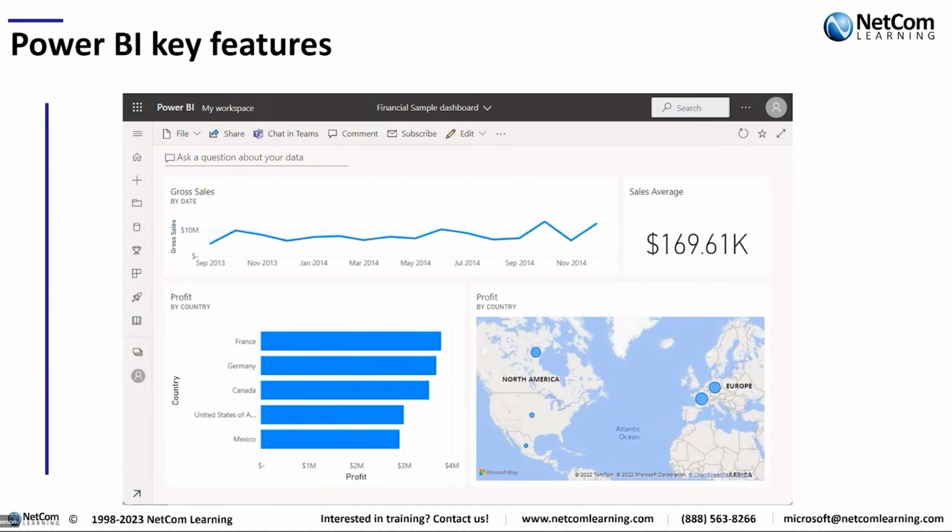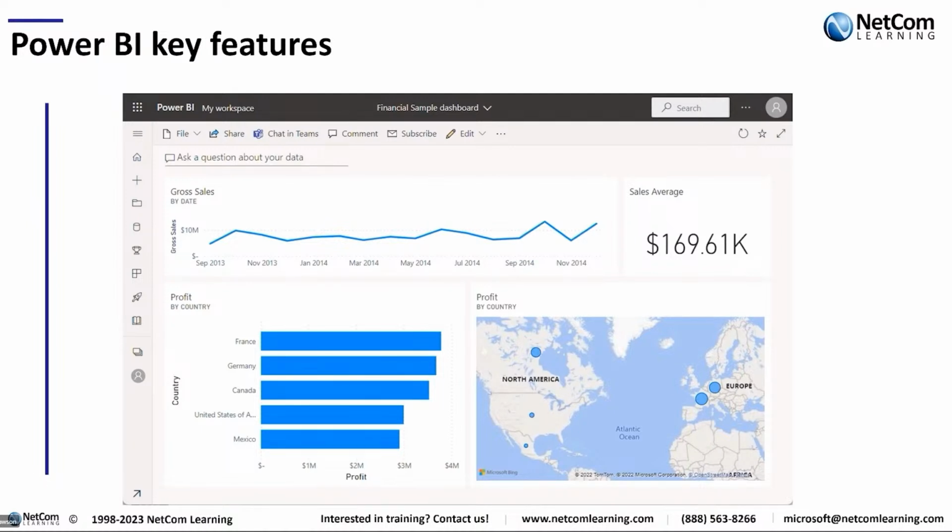Okay, so here we have what's referred to as my space or my workspace. In this particular case, you're looking at a financial dashboard. And really what this is, is a cloud-based service that you would use to publish, share, and collaborate on the different reports and dashboards. So you create the dashboard and the report in Power BI Desktop.